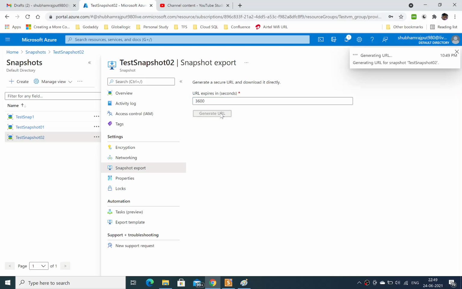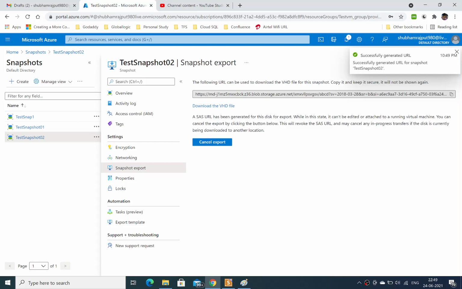If I click on generate URL, it provides a complete long URL, and from that URL I can download the disk image. If I copy it and download it, it will download the VHD file, and from this file I can upload it to another region and create the same virtual machine. I'm just cancelling it.